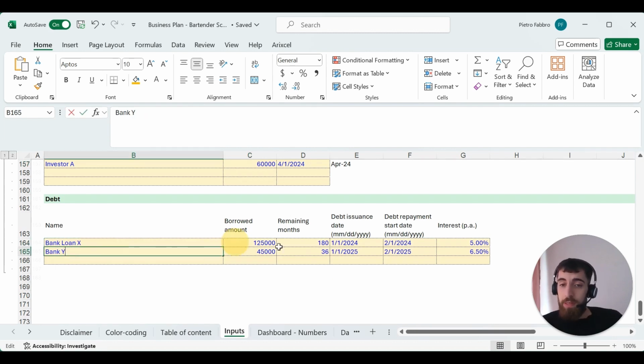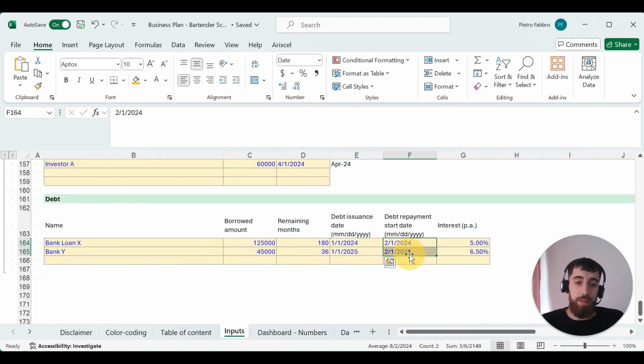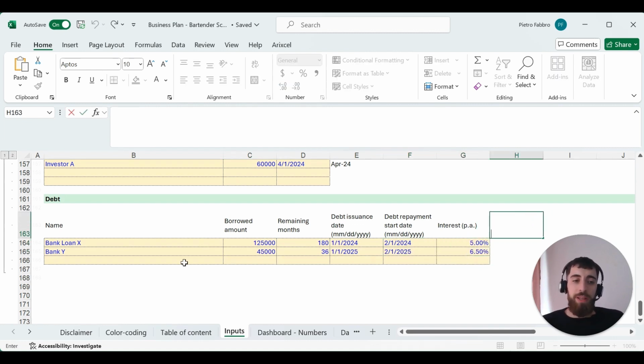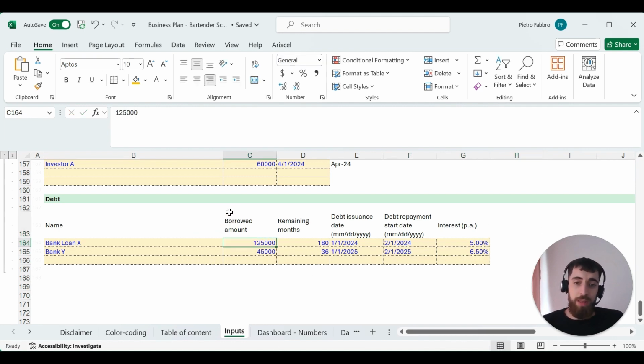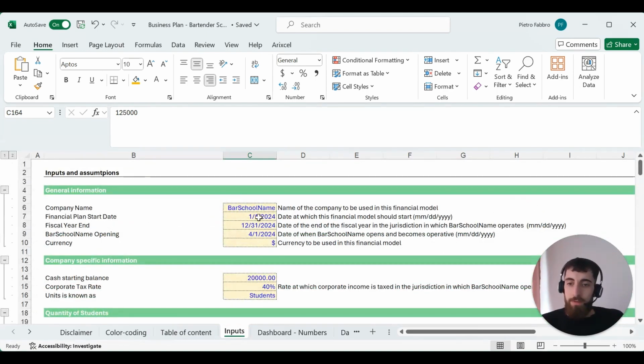Then the debt. If you incur any debt, you can add it here together with the borrowed amount, the remaining months, debt issuance date, debt repayment start date, and the interest per annum. If you already have an outstanding debt when you are filling in this financial plan, then just add the outstanding amount here. And then as debt issuance date and debt repayment start date, just use the financial plan start date